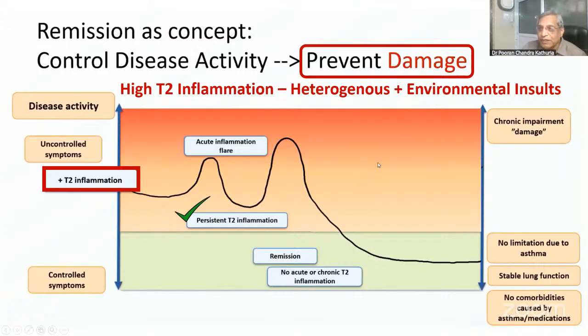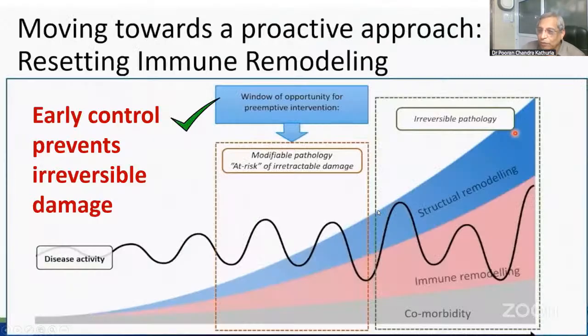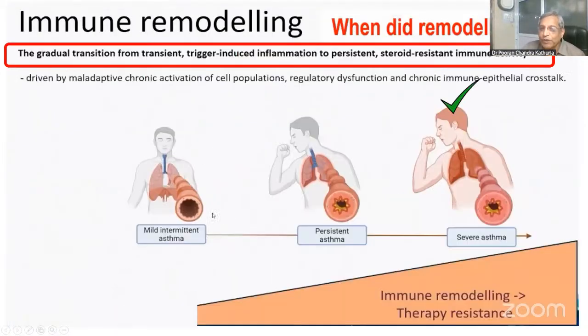Many exacerbations, many times need of the OCS. But some of these patients, they respond. If you avoid the trigger factors, they get into remission. But there is a red flag: how to check, how to diagnose that there is no remodeling, but only inflammation. And this is possible only in mild intermittent asthma, not in case of persistent asthma or severe asthma.